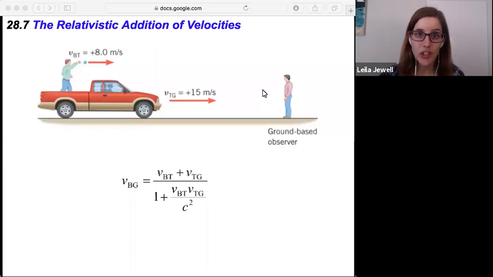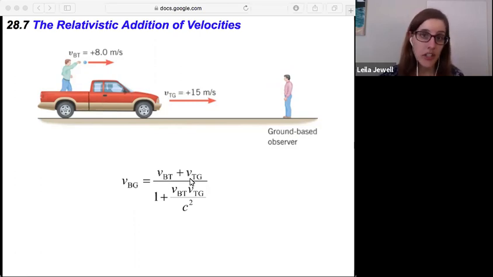But once you start traveling at a reasonable fraction of the speed of light, this won't hold. And so that's where we need this relativistic addition of velocities equation. So this is one that's specifically designed for this scenario, right? If you want to find the speed of the ball relative to the ground, assuming that ball and the truck are moving very, very fast, you will still add together the speed of the ball to the speed of the